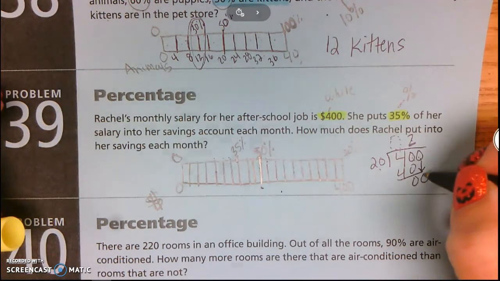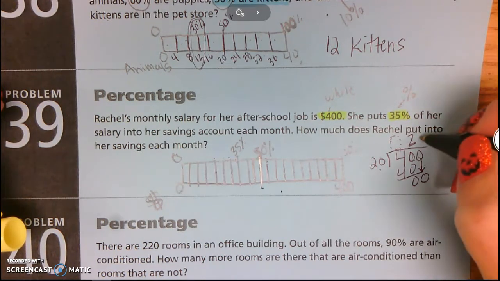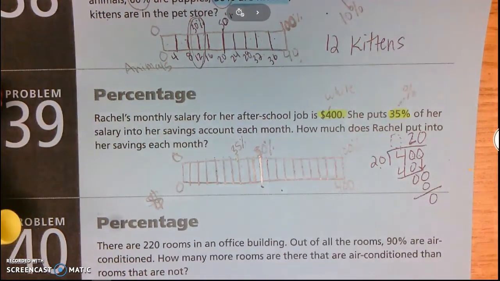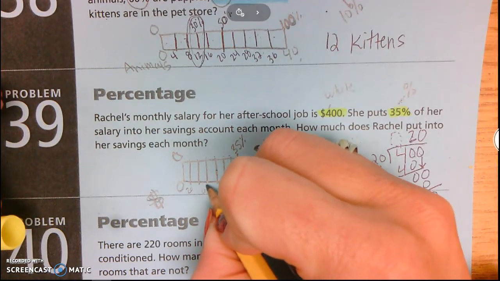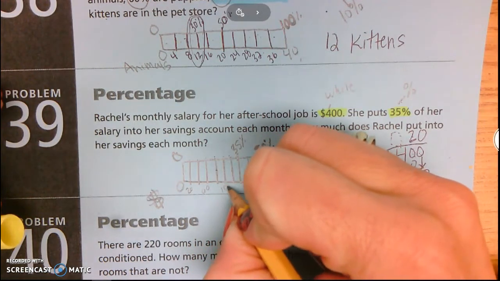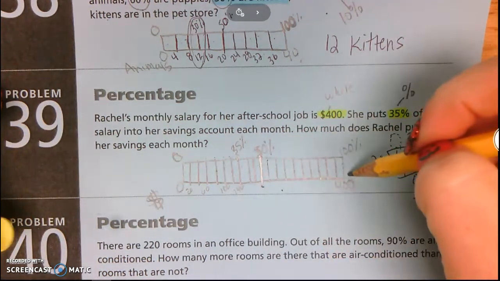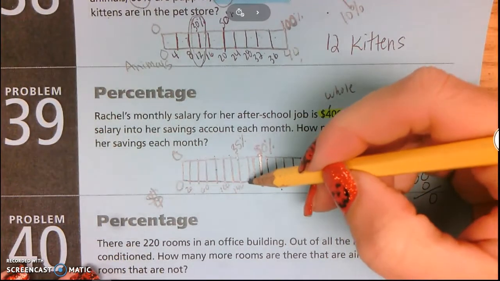I have to bring the 0 down and ask myself, how many groups of 20 can I make out of 0? 0. So there needs to be $20 in each of these sections. So this would be 20, 40, 60, 80, 100, 120, 140. I'm going to just keep going to make sure that I get to that 400, but I'm not going to mark all of them. So 140, 160,